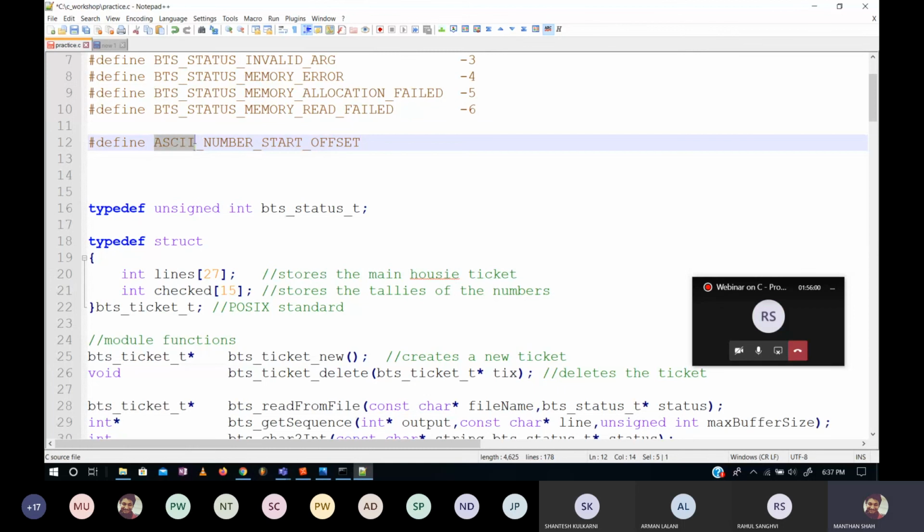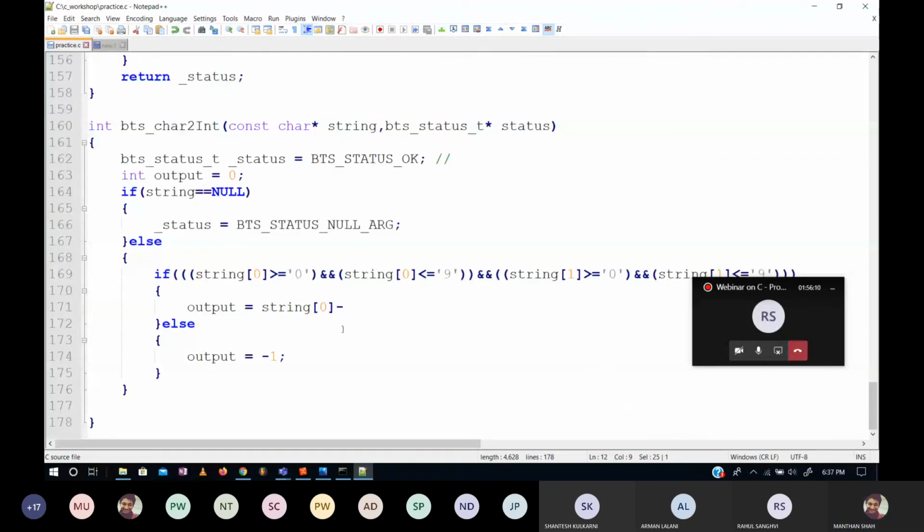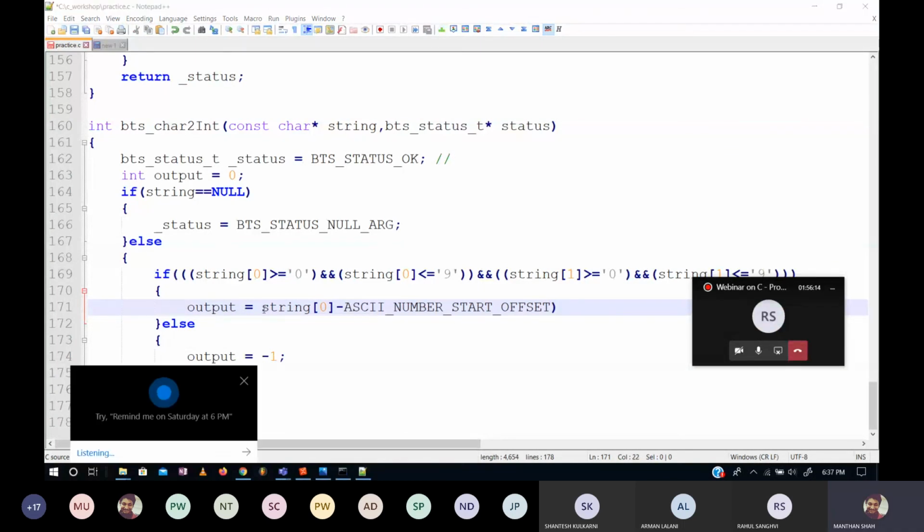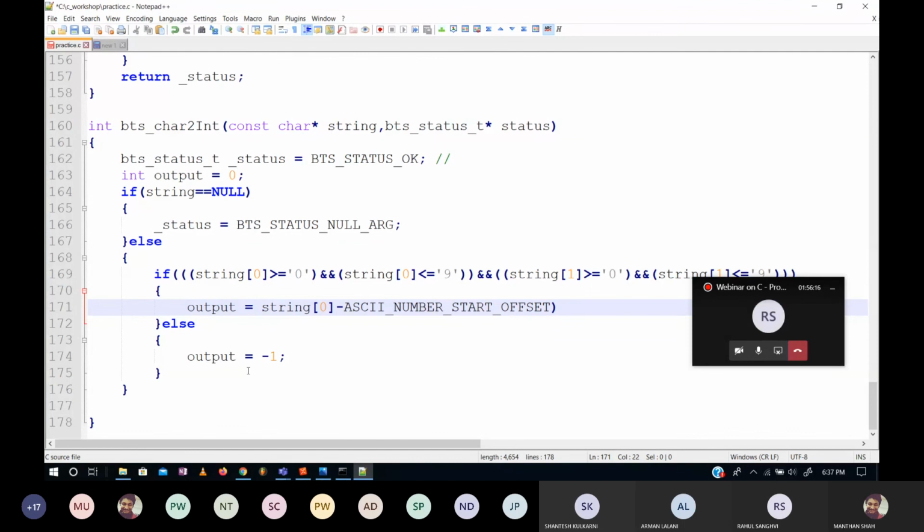So from the ASCII table, where the numbers start, my offset is 48. All right, and now I can use this macro directly. I could have directly written 48, but if tomorrow someone else reads your program, they might not understand what is happening.